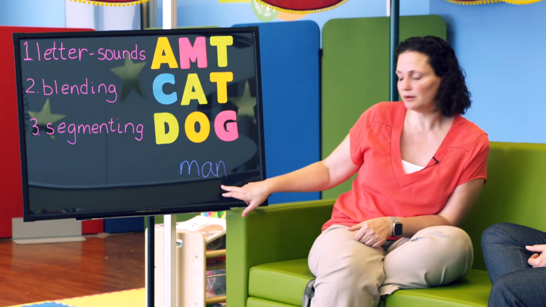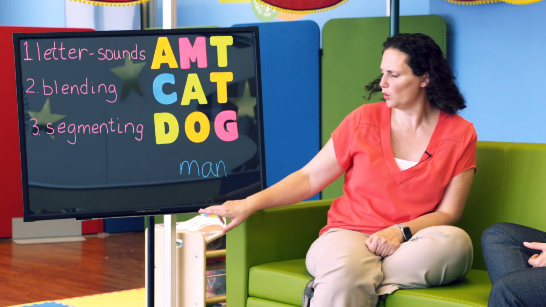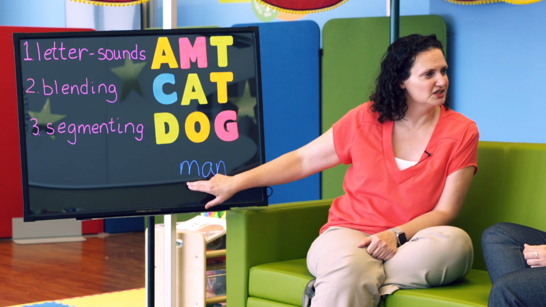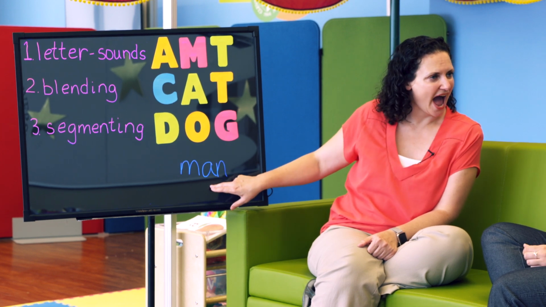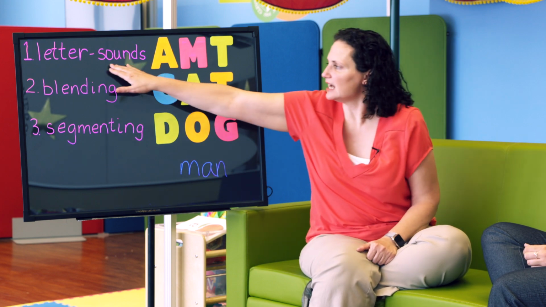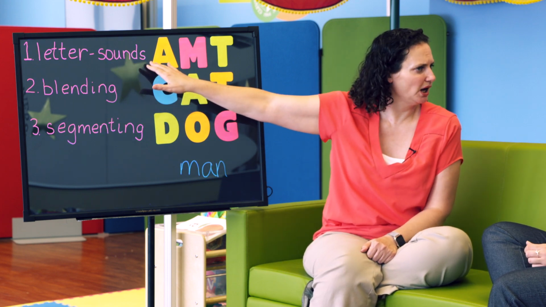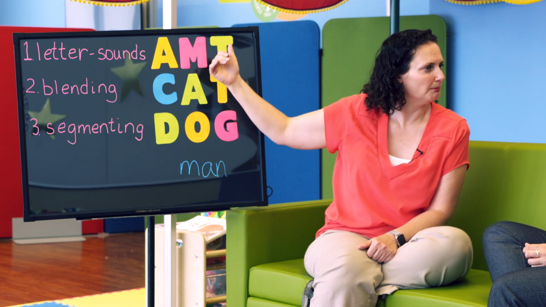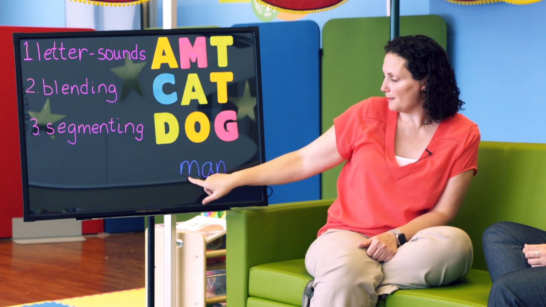But as a mom, I'm going to focus my energies on the ones that are most closely related to reading and writing. So let's think of how to read a word. So here's the word man, right? If I'm going to read this word, what's the first thing I'm going to do? Sound out the letters? Absolutely. I'm going to see this letter and retrieve the sound. And that's exactly what letter sound correspondence is, right? You're seeing the letter and retrieving the sound. A says /a/, M says /m/, all right? So I'm going to retrieve each sound,